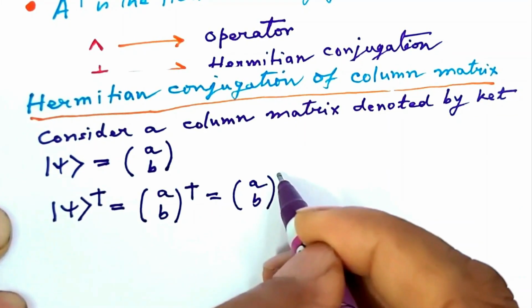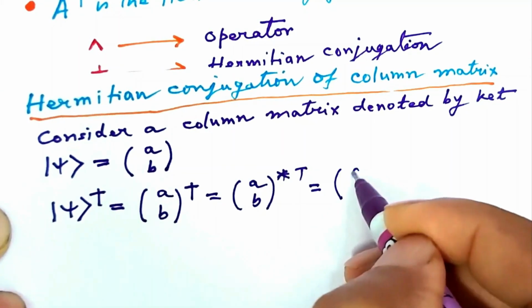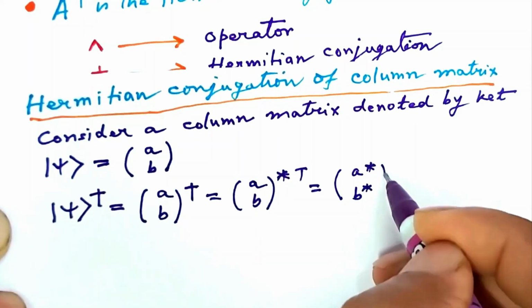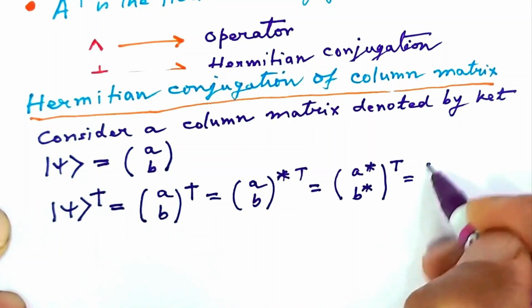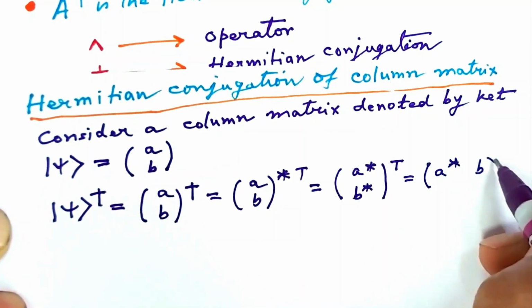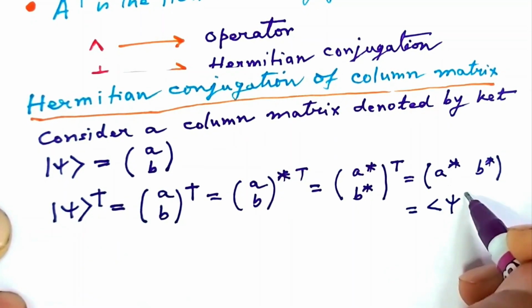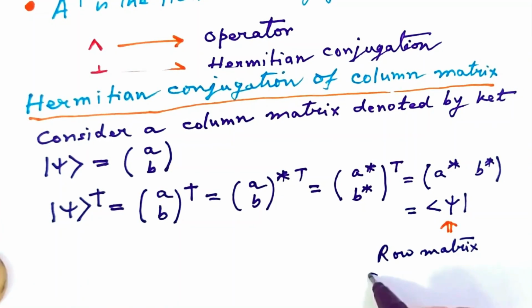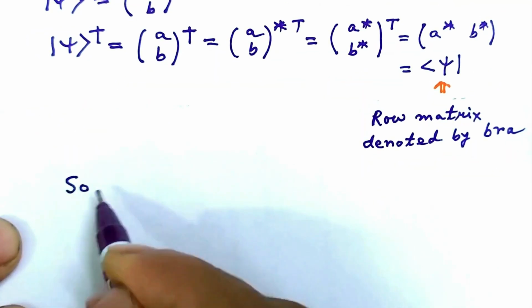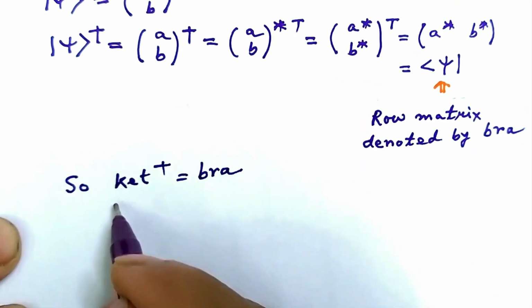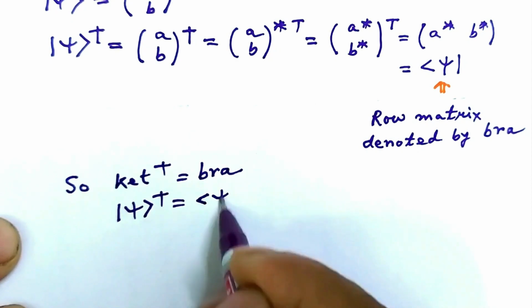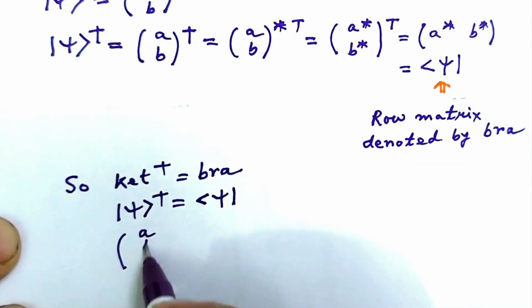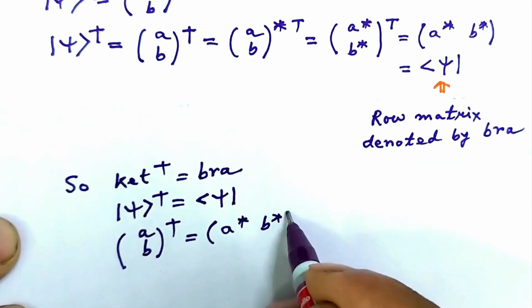Dagger is star transpose, so we get column matrix A star B star transpose. Transpose converts it to a row matrix A star B star, and this row matrix is identified as bra psi. So ket dagger is bra, ket psi dagger is bra psi, column matrix AB dagger is row matrix A star